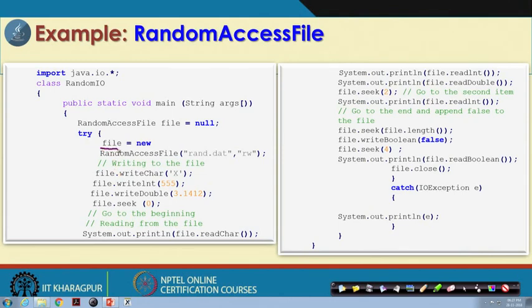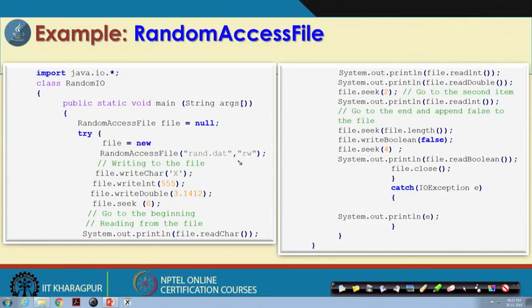So, this statement: file equals new RandomAccessFile, and we pass this one. This is the name of the file which we want to use as a random access file, and here you can see the constructor has two parameters. This is called "rw", read write, which means that we can access the file for reading or writing.